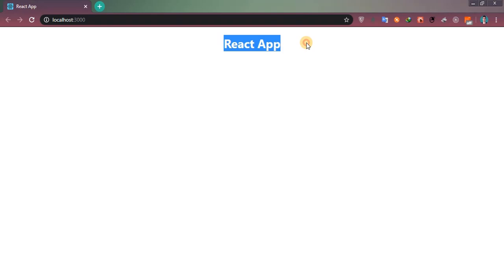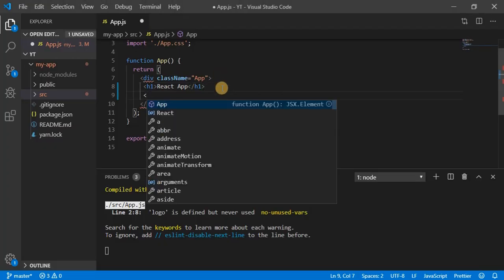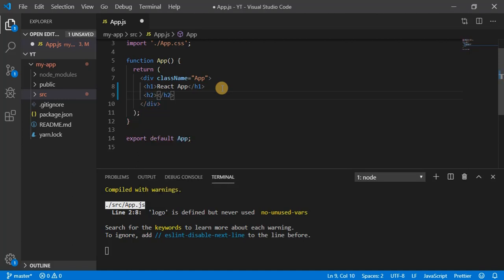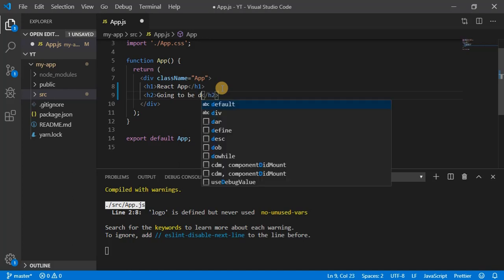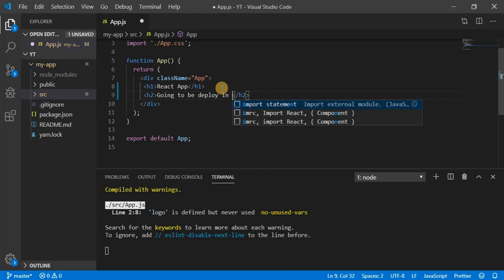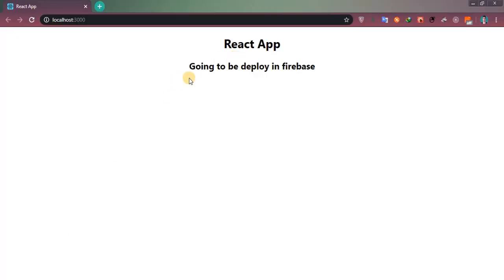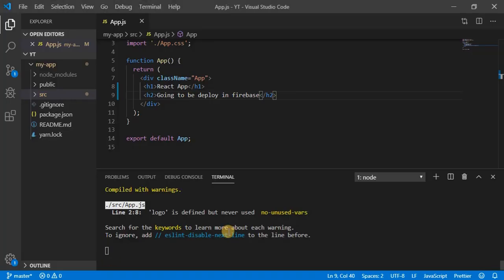So I am getting here React app, and here we can write that this is going to be deployed in Firebase. Okay, so let's see. Yeah, we are getting it. So now we have an application which is running and we want to deploy it in Firebase.